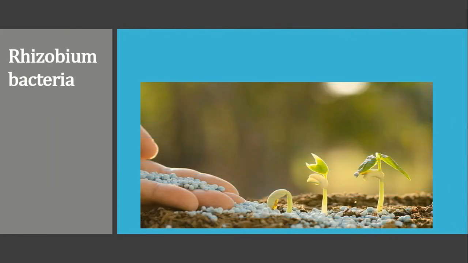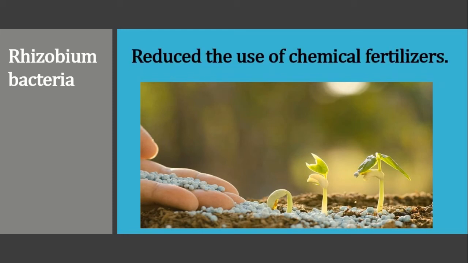After harvesting a leguminous crop, the leftover roots and other plant parts are deliberately dumped in farm soil to maintain its bacterial population. The use of rhizobium has helped to reduce the use of chemical fertilizers and thereby their adverse effects. It has also helped to reduce expenses on fertilizers and thus works to the benefit of farmers.